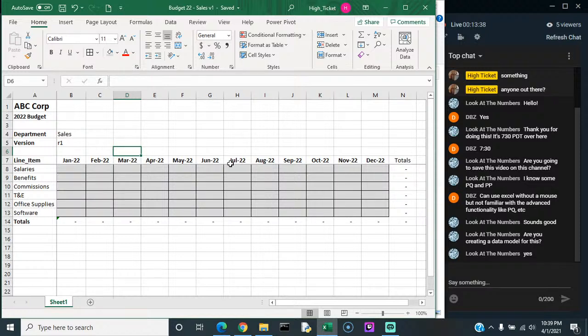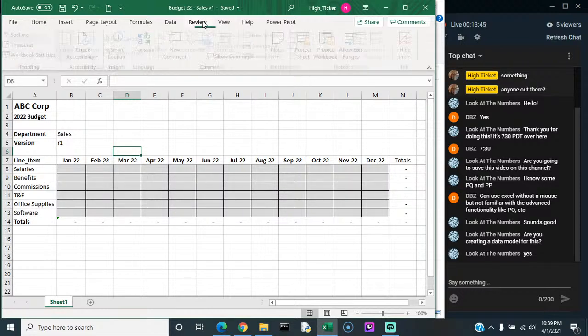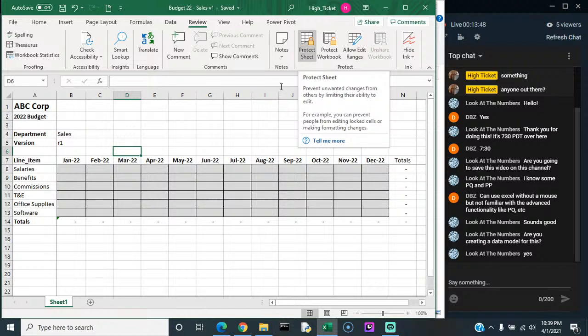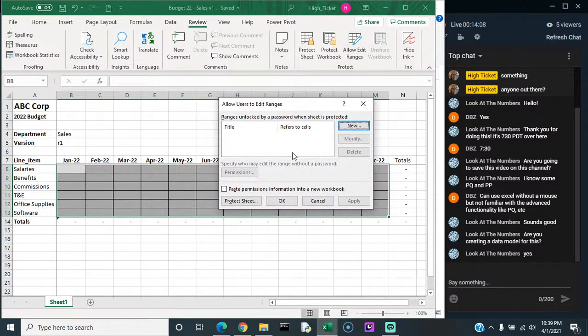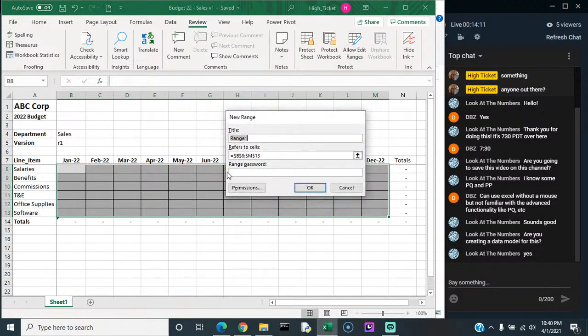So one of the things I do, now we haven't sent this out yet. One of the things we do want to do before we send this out is protect the sheet. But we don't want them adding rows and columns and everything to this. So we're going to protect the sheet, but we do want them to be putting data in here. So what we're going to do is unlock this range of data, and lock the rest of the sheet. So I'm going to allow edit here. So I'm going to put a new edit, and I've already selected it. So you can see the range one, and we can call it